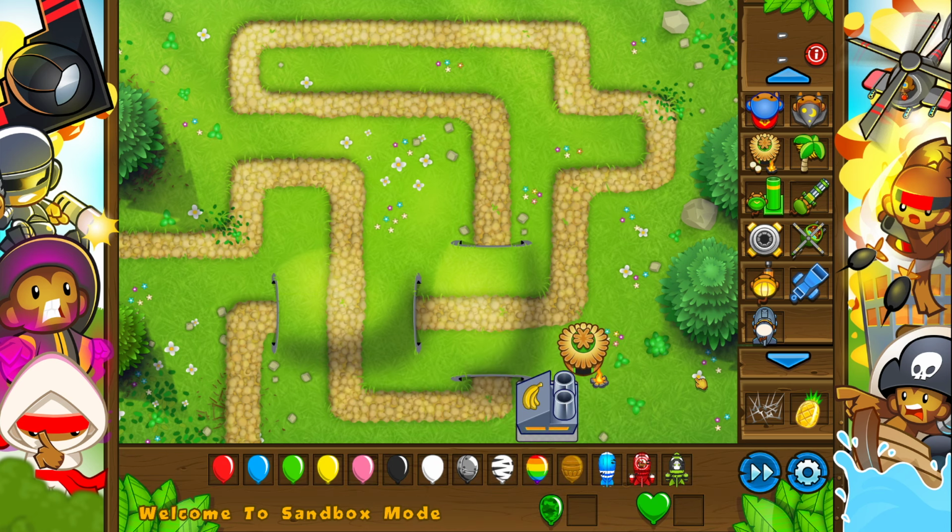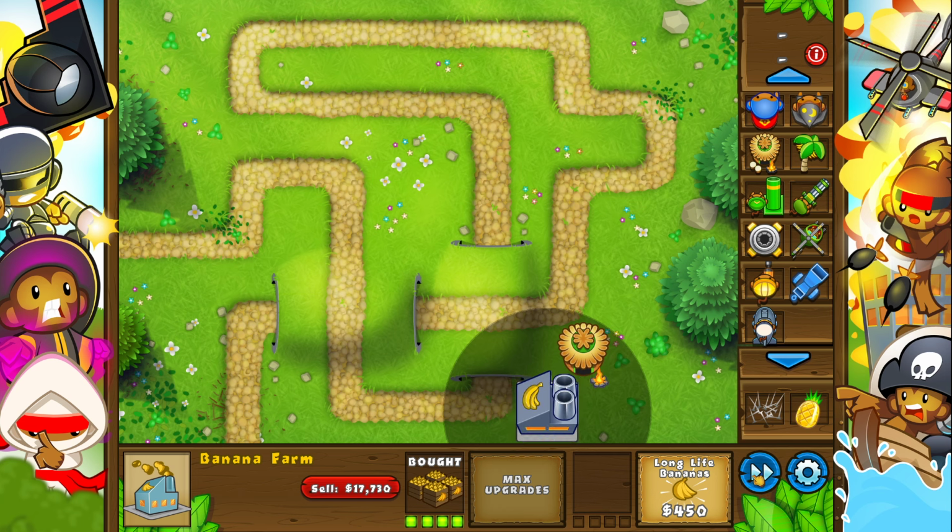And again, if you just consider 12, 12 times 400 is 4,800. So rather than getting the usual 2,000 cash, you get at least 4,800. And if you do it with all 13 bunches of bananas, that's actually 5,200 cash. So it's more than double with this very simple trick. So rather than upgrading the farm and then turning it around,